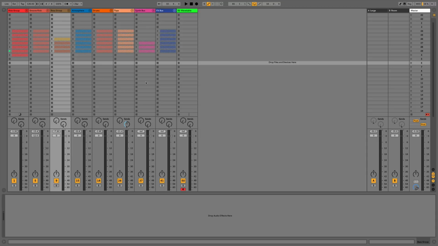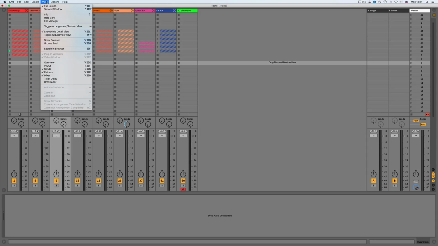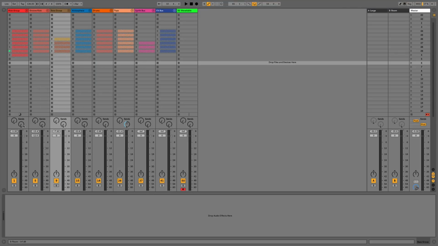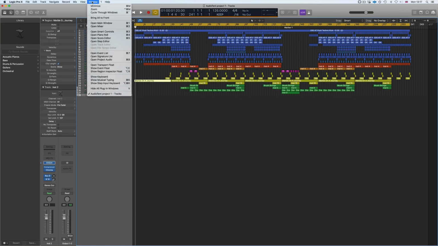So now looking at DAW functionality, both of the DAWs allow us to have dual screens. So here we can open up a second window for Ableton Live and have something like the mixer on a completely separate screen. However, we can only have one separate window at the moment, whereas if we go to Logic Pro and we go to Window, you can see we've got all of the different panels we can open here, and we can open all of these in separate screens using shortcuts as well.